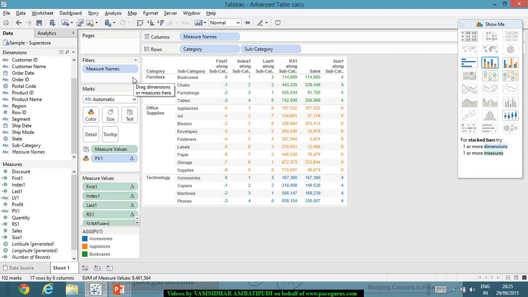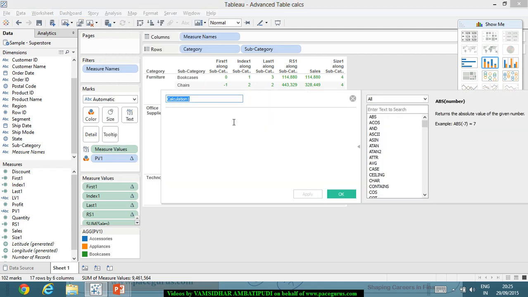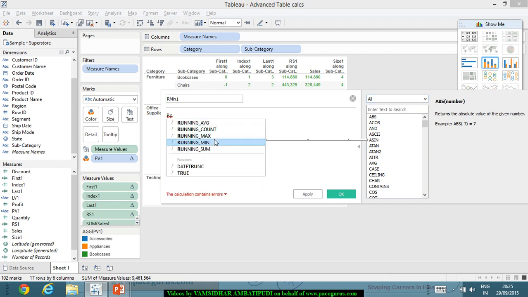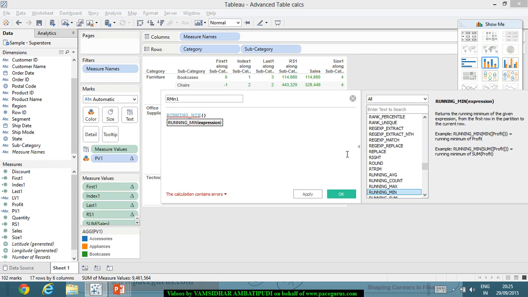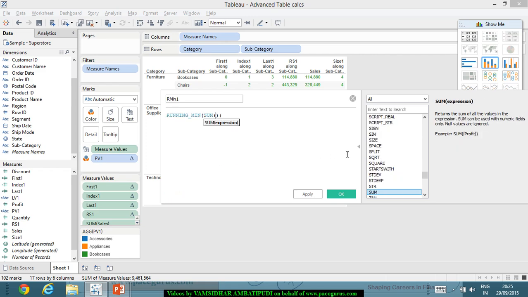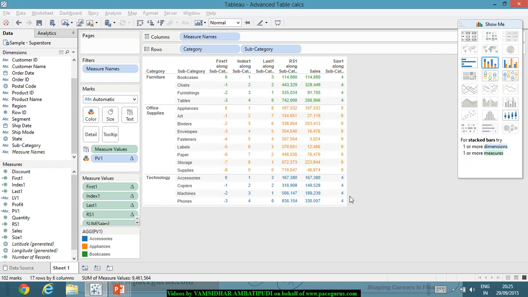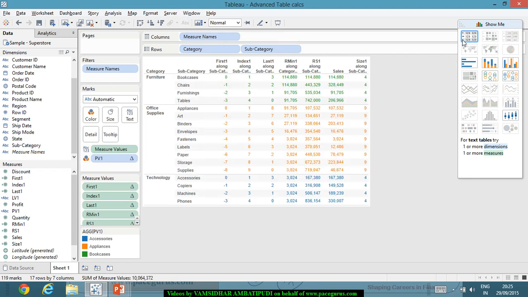The same way, probably I can very well go with another running kind of a function. Let's say I want to do running minimum, R min 1. So I'll again use running minimum kind of a formula. Again I could use the sum of sales only, right? When I'm saying running minimum, the sum of sales, and I drag this running minimum also into the category,